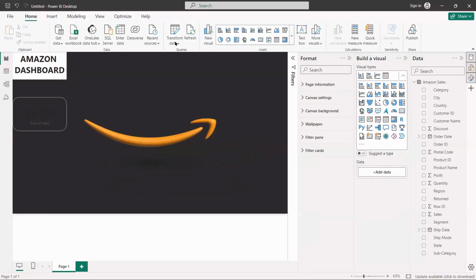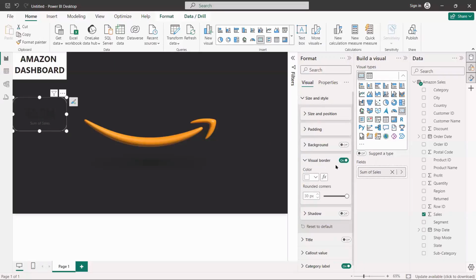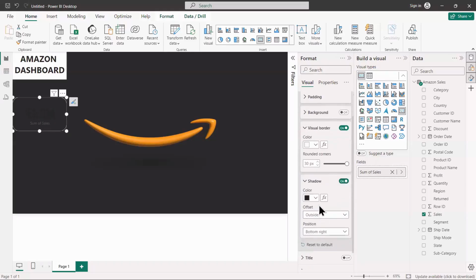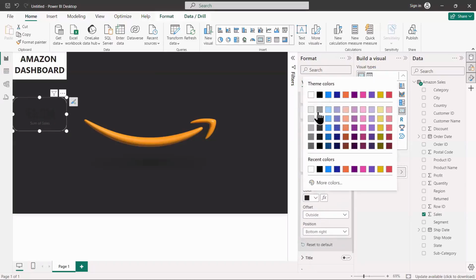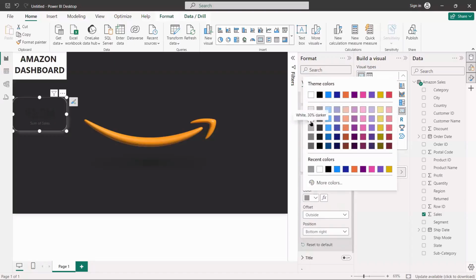Rounded figures of zero are not looking good. That means I'm talking about the rounded figures, not the content. I will make it whiter. That theme I need to do. Right now I'm just discussing the visual borders and all. So this is a white color border with rounded corners. Let's add a shadow as well. The shadow can be more likely a grayish color, or even a shadow that throws light to me. I'm choosing a